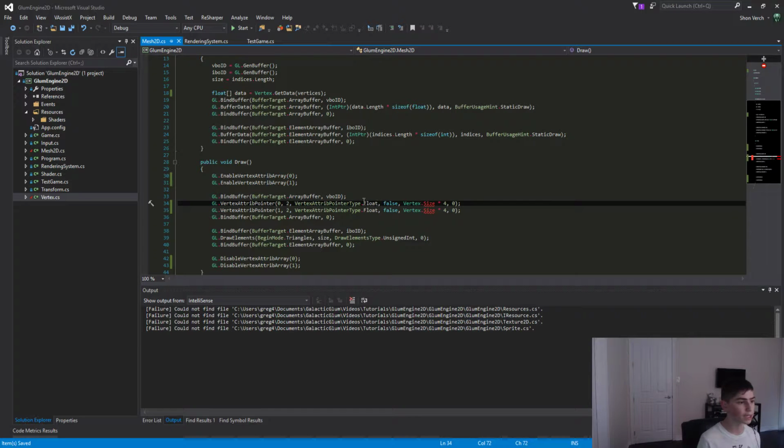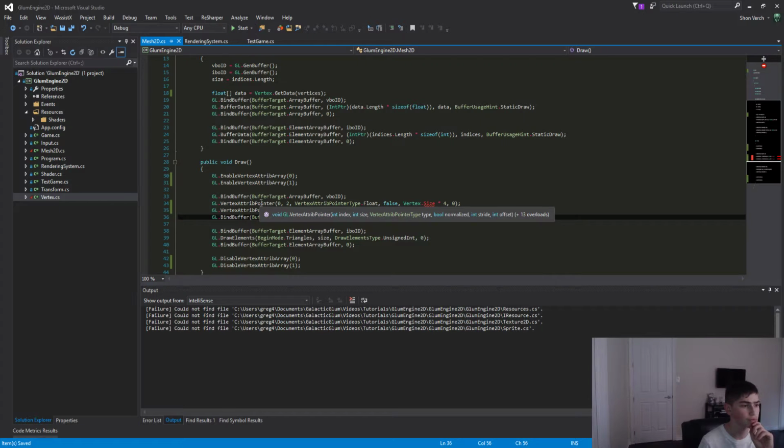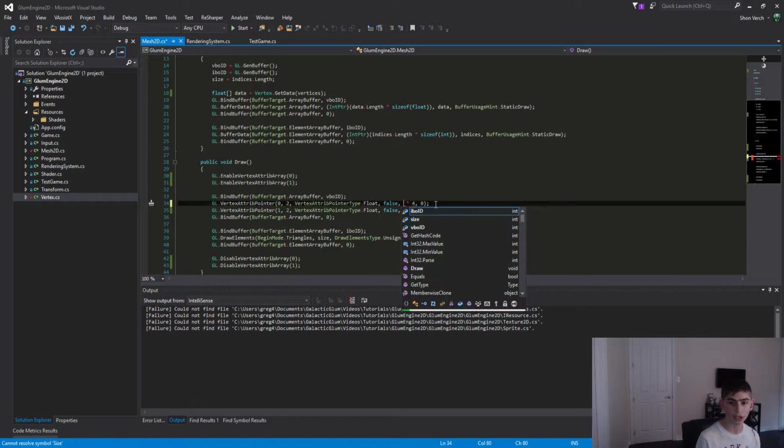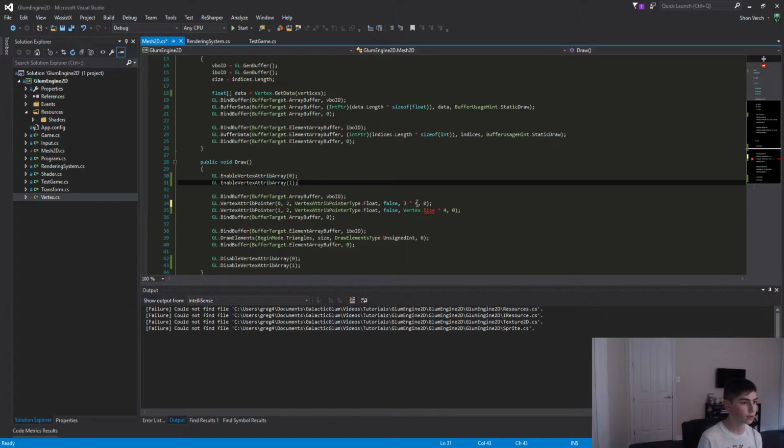So at this point, we're passing in a float, and over here false, you don't have to worry about this, it's just this normalized. Okay, I thought it was a stride, but this is the stride. The stride we do actually have to worry about. So the size is actually just going to be 4